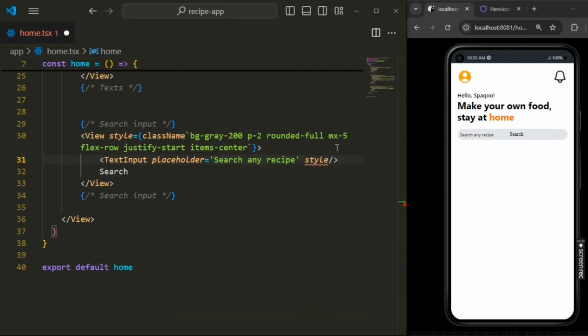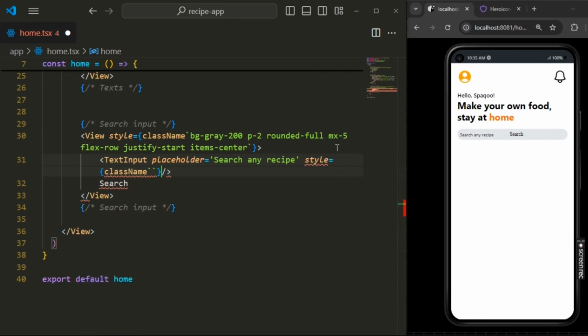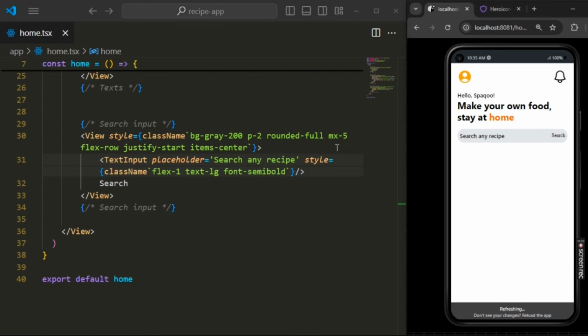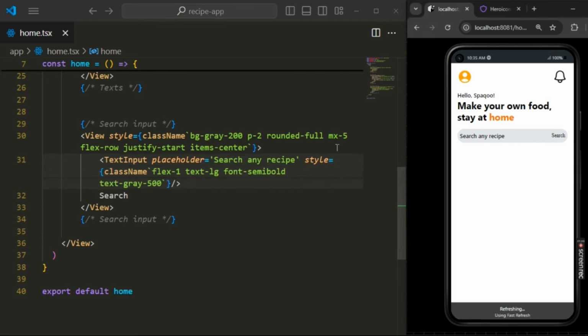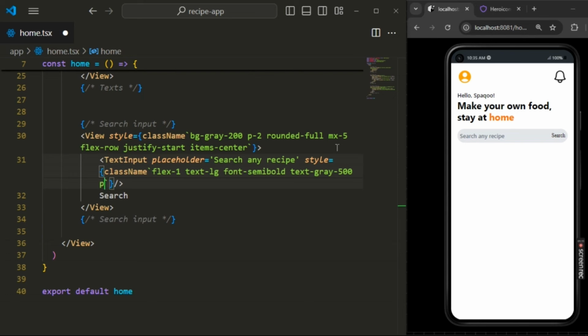Also we have to style our text input, so give it some class name also, like flex will be one, and the text will be LG, and the font is semi-bold, so the text will be gray 500, and also give some padding 3. Now it's looking good, I think. We have to round the border of our container also,